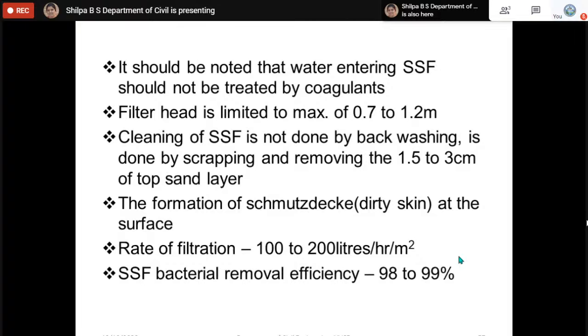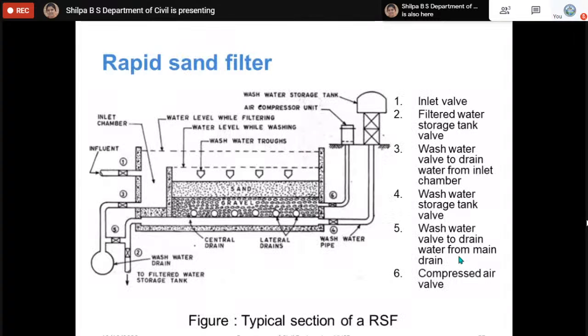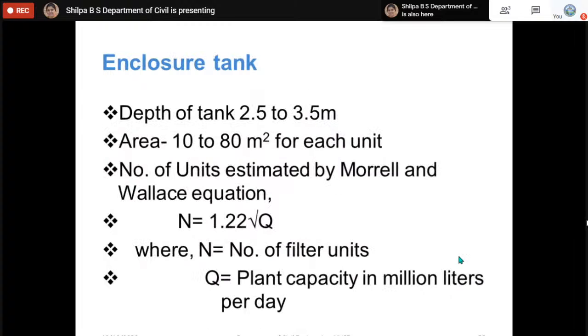But since the size of the sand that we are using in this slow sand filter is small, the bacterial removal efficiency is up to 98 to 99%. Okay, so this is the schematic of the rapid sand filter. The depth of this tank will be about 2.5 to 3.5 meters, and the area 10 to 80 meters square. The number of units we need to decide depends on the quantity of water that we need to treat. That can be calculated using this Wallace equation,